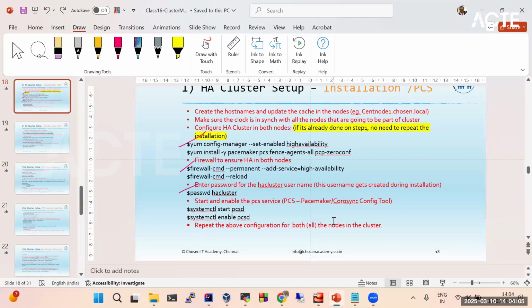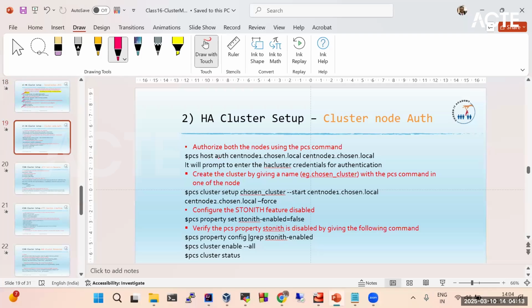Next step. We completed till this, next we'll go here. Now we are going to authorize both the nodes using the PCS command. So we will have to authorize both the nodes using the host authentication. So the command is